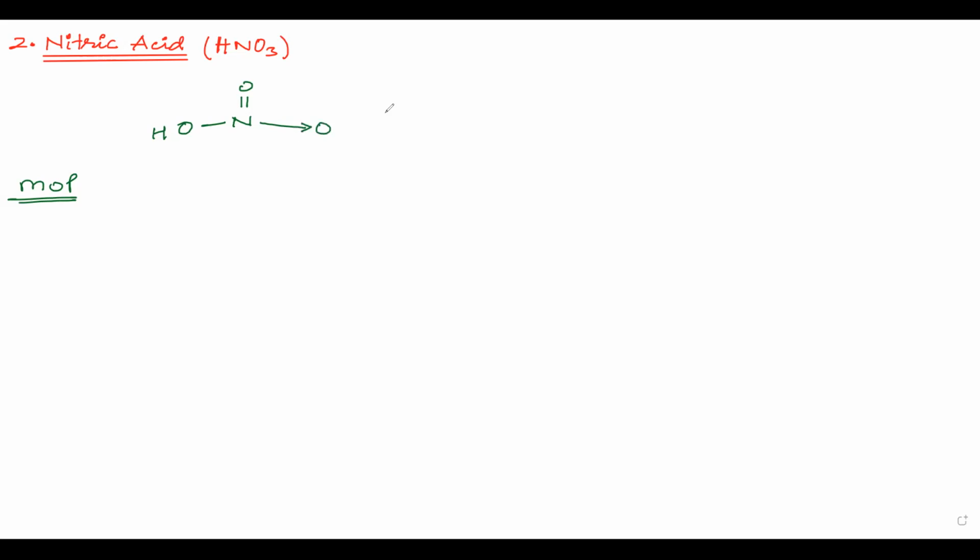This one more bond will be a dative bond. You can write another structure: nitrogen, double bond oxygen, then here you have O negative, and for nitrogen you give a positive charge, and then HO, that is OH. This is the hydrogen which gets liberated, and this acts as acid here. As you can see, there is a positive charge and a negative charge. That is why this is a neutral molecule. There is no overall charge. Positive and negative charges neutralize each other.